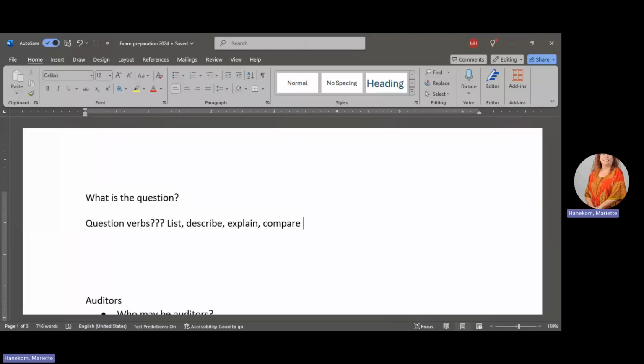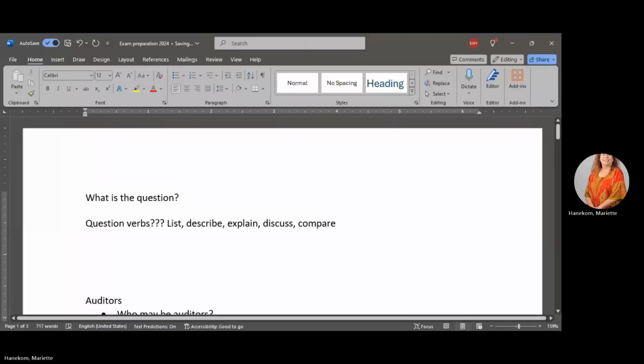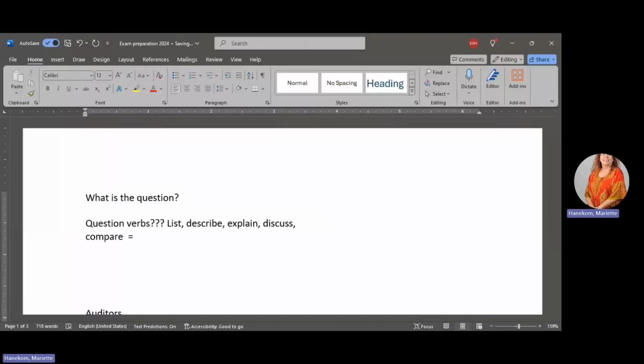Similarly, there's another one here. A discussion will often include your own opinion, and if you compare, this one is important. I'm asking you to compare. You need to list the similarities and the differences. However, if I'm asking you,